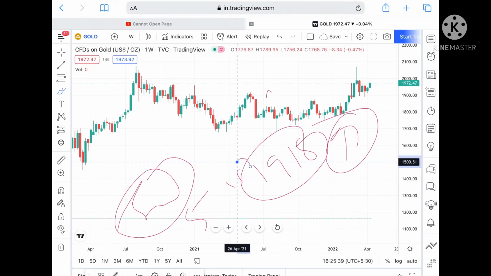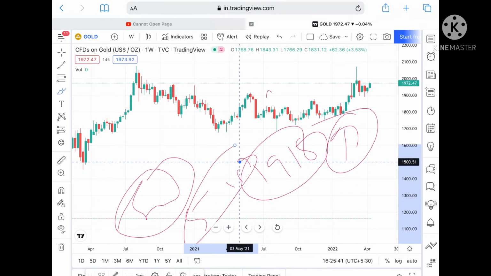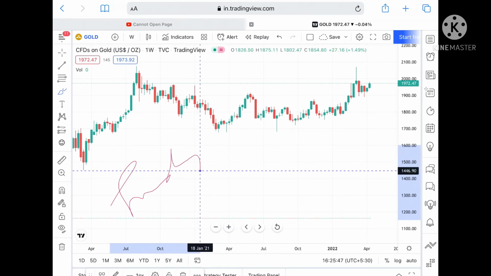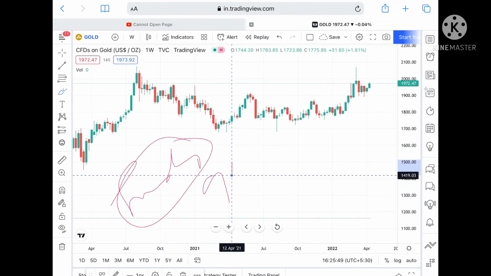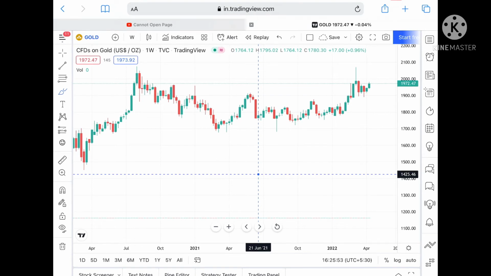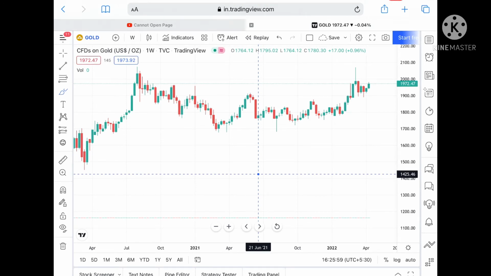Now understand one thing, if you are investing for a longer view, you can invest for 5, 10 or 20 years, but consult your financial advisor before investing. Now for trading, you have to understand trading also. Trading is risky. Most of the people lose money in trading. So you have to follow a process. What I am teaching you is for educational purposes. You have to understand the risk involved in trading.